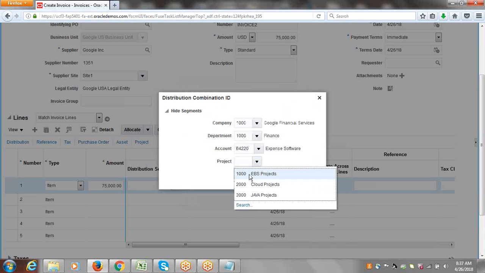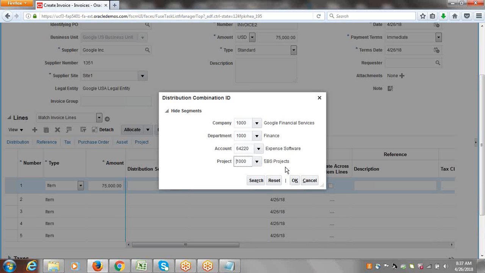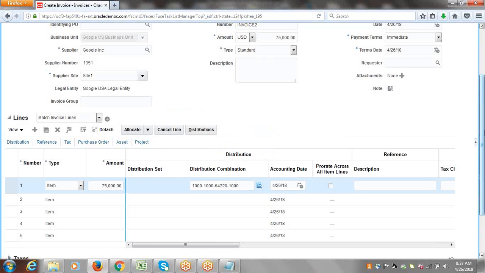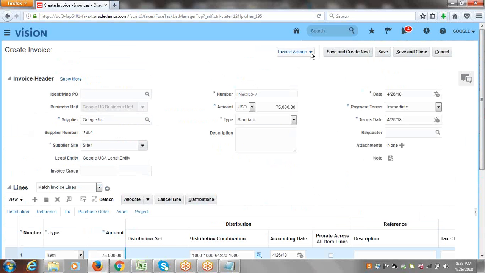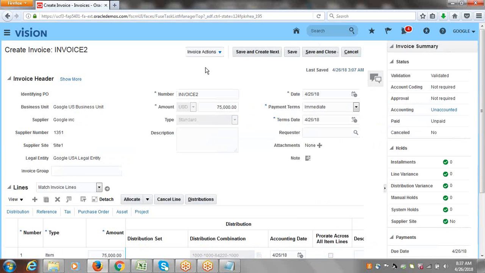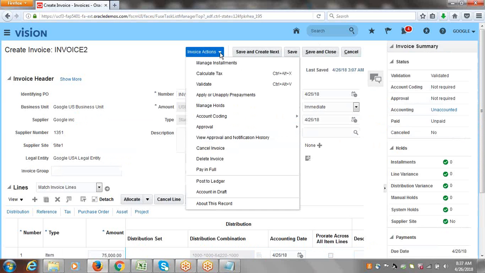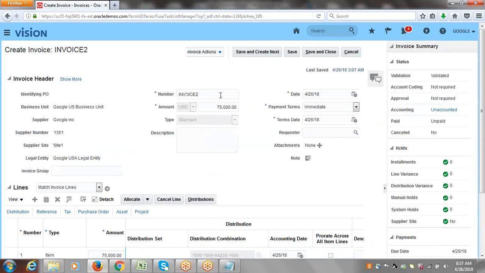If it is applicable, you can select specific type of project or you may go with the default value. So done. Now validate this invoice and apply prepayment on this invoice. So to apply the prepayment on this invoice, you can go to invoice actions. Here you can see apply prepayments. Click on this function